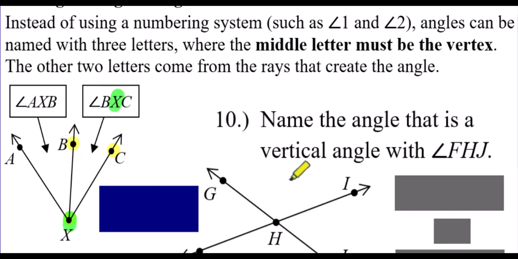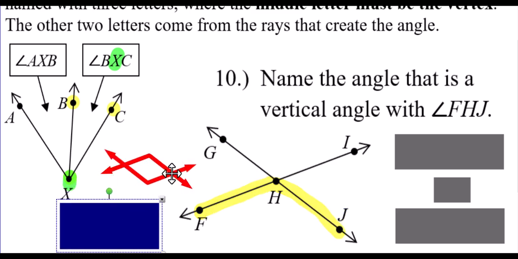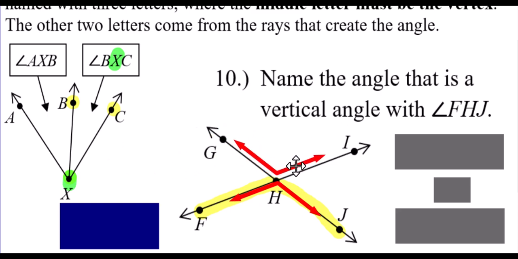All right, with that being in mind, let's take a look at problem number 10. It says, name the angle that is a vertical angle with angle FHJ. Okay, who is FHJ? We're talking about this angle that opens up towards the bottom. I need the vertical angle to FHJ. Well, that would be the angle that goes opposite direction of my FHJ. So that's this angle that opens up this way. What is that angle called? That is called GHI,